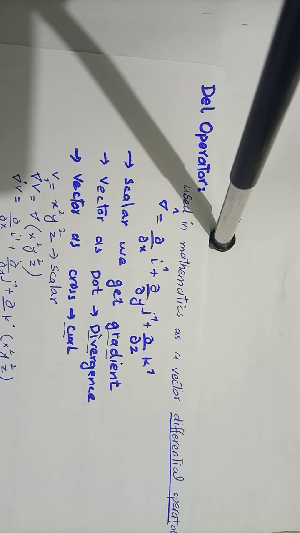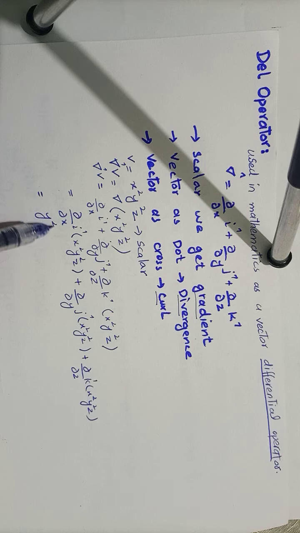First of all, we multiply x square y square z with the partial x. Let's see, partial over partial x i x square y square z plus partial over partial y j x square y square z plus partial over partial z k x square y square z. In this, y square and z are constant. Partial over partial x applies on x square i plus